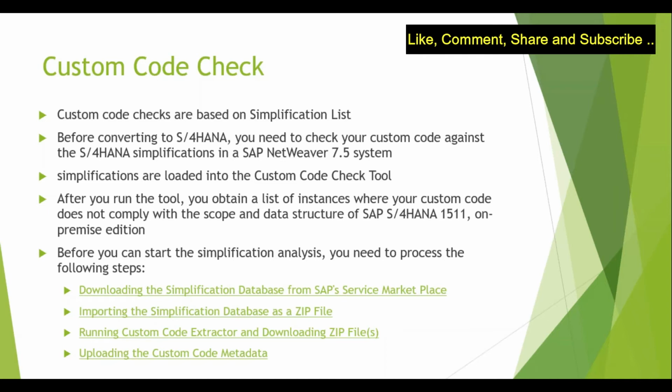They require the adjustment. Now, many times we see in the industry that many Z reports are created. Maybe they were being used earlier, but they are not being used now. So this particular tool will also give you the frequency of use. For example, if SAP has identified 25 impacted objects, it will also tell you the frequency of these objects, so that you can concentrate on the reports or Z objects which are very critical to the business.